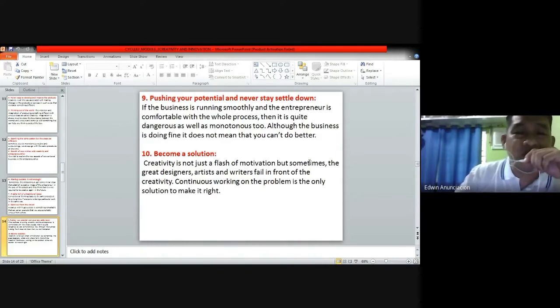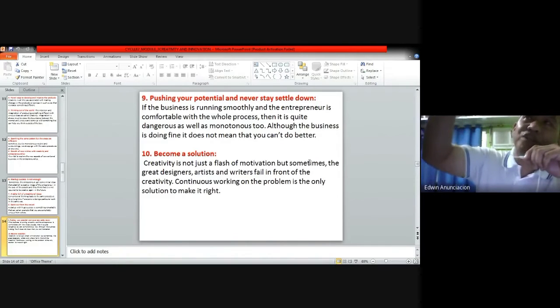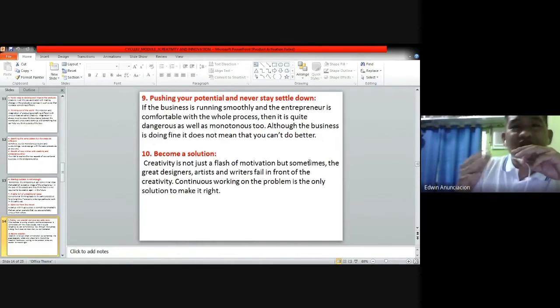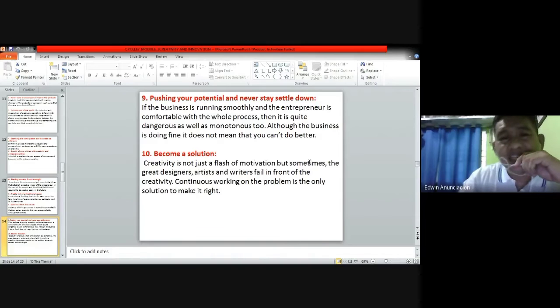Same as with product. Kaya mas maganda po talaga, huwag kang mag-settle down doon. Kung ikaw nasa peak ngayon, continuous pa rin po ang cycle mo so that po yung mga threats sa business mo, di man sila makapag-penetrate or baka kung tinatry ka man nilang ma-reach, bago ka nila ma-reach, nakapag-move ka na. So, hindi ka po nila dadatnan, meaning they cannot really challenge your business in terms of producing new products and services.